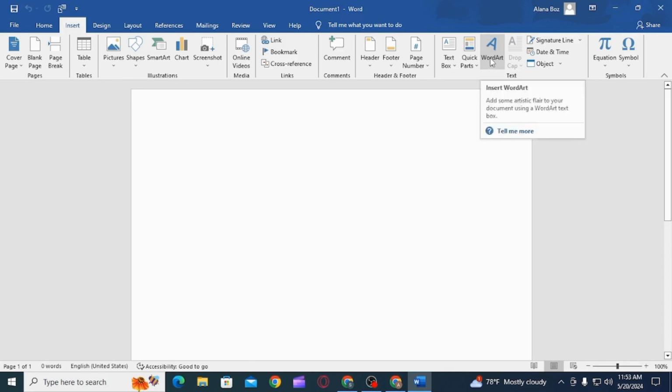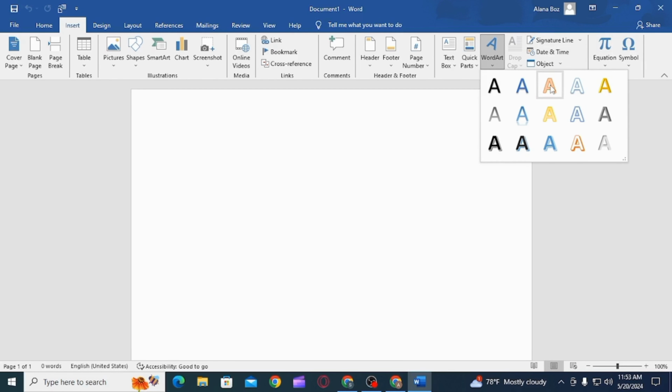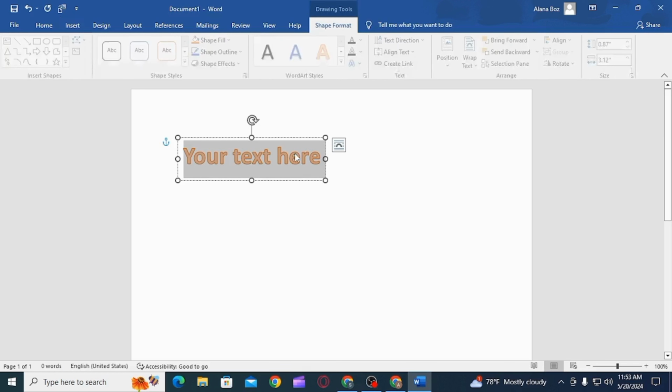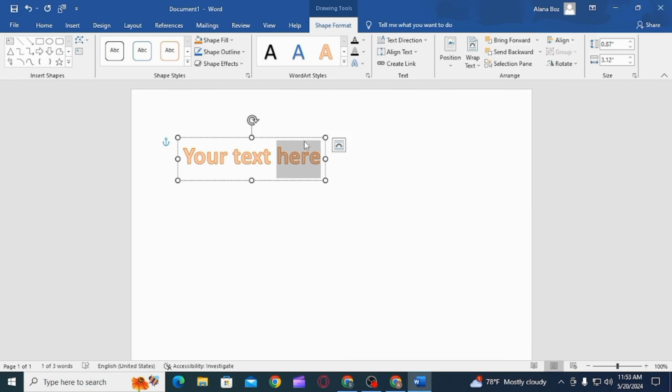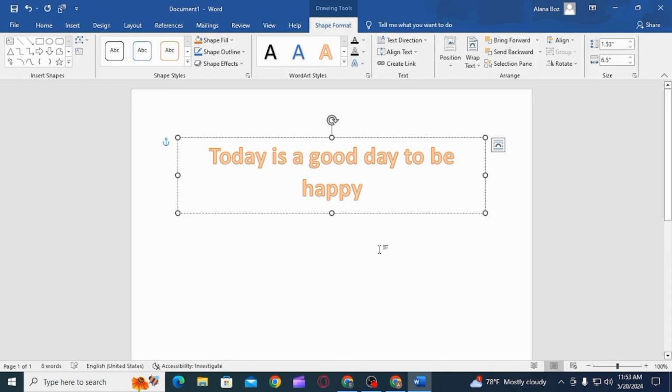Now over here, you can select whichever design you want. Once you have selected your design, a box is going to appear where you can enter your text. Go ahead and type in your text. Once you do that, on the option of shape format, you want to click on this drop-down menu, and from